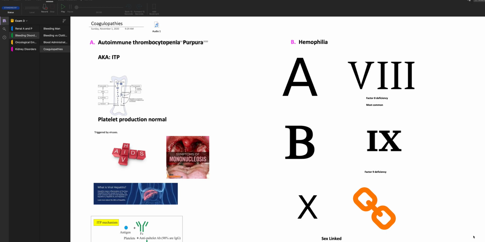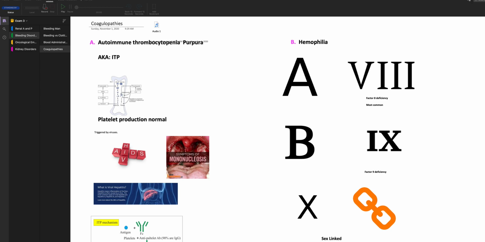I'm going to talk about coagulopathies. The good news is you've already had all this in other classes, so I'm just going to give you a short review of some of the conditions we're going to talk about. The first condition is autoimmune thrombocytopenia purpura, which you probably remember from the name immune thrombocytopenia purpura or idiopathic thrombocytopenia